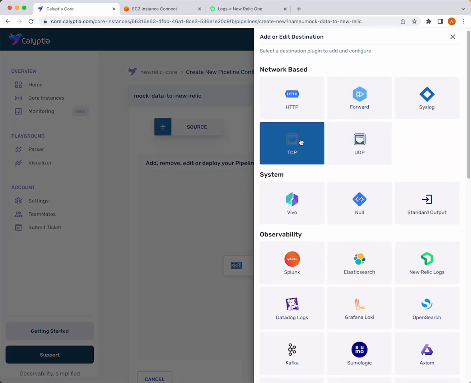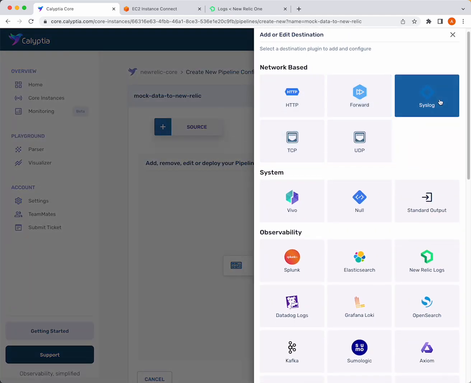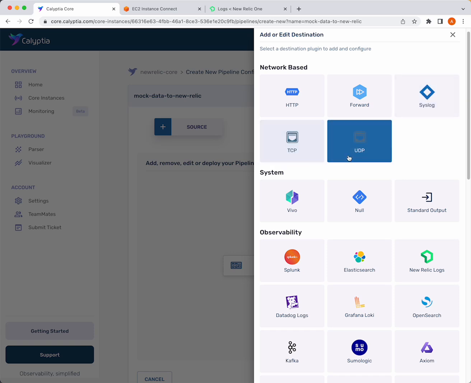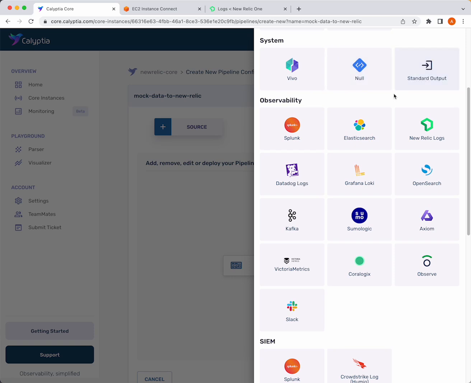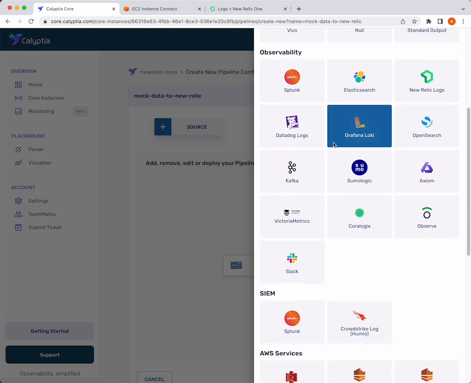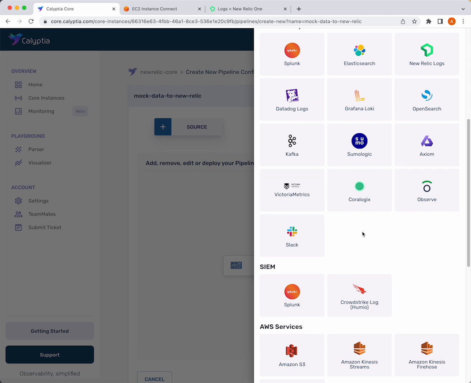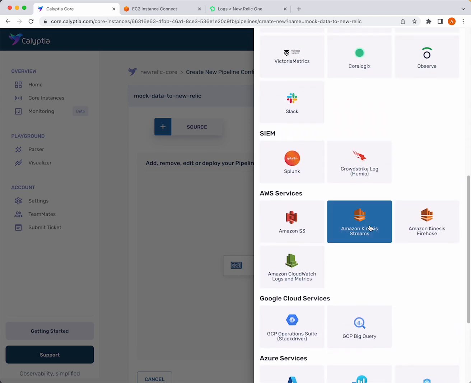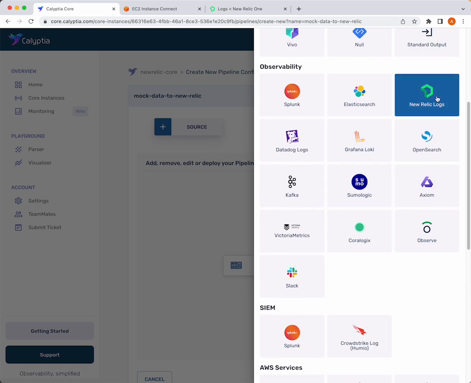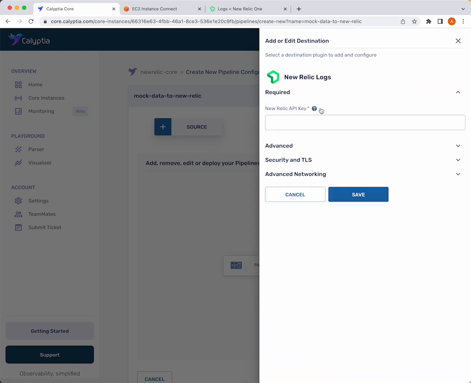Go ahead and save that, and we'll go ahead and add a destination. Again, we support multiple destinations here, so networking destinations such as syslog, TCP, UDP. You have systems such as null or standard output if you want to do some debugging, and a variety of observability, security, AWS, Google, and Azure services. We'll go ahead and choose New Relic logs, as that's the one we want, and we're going to need the